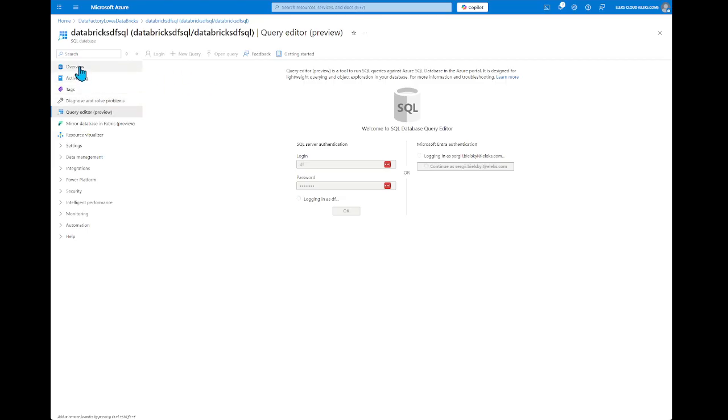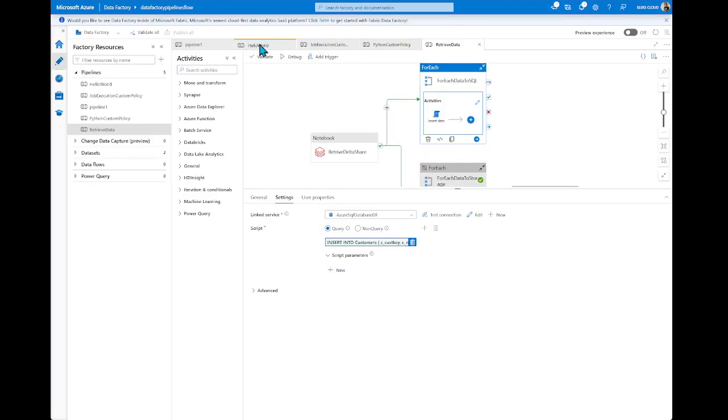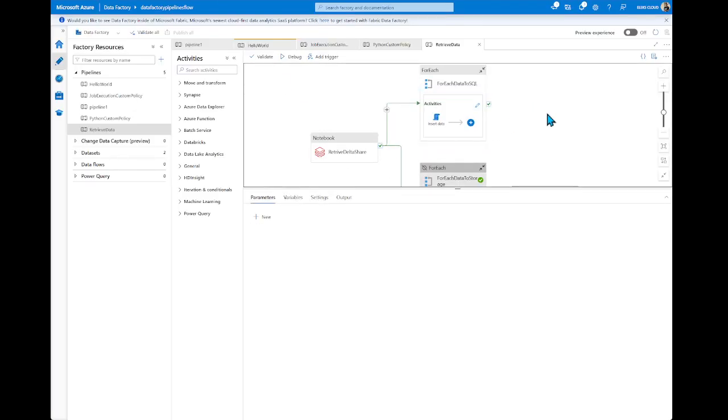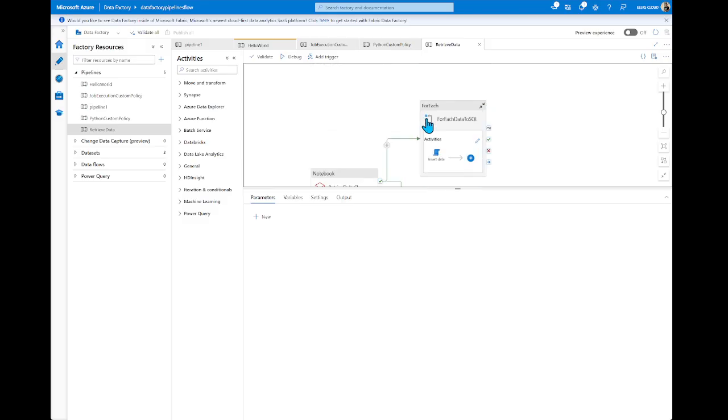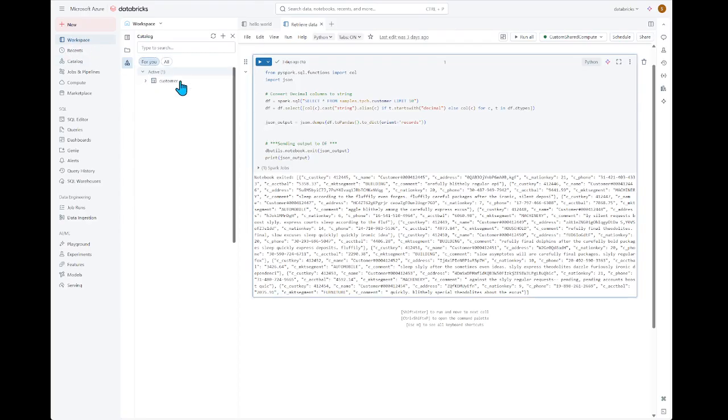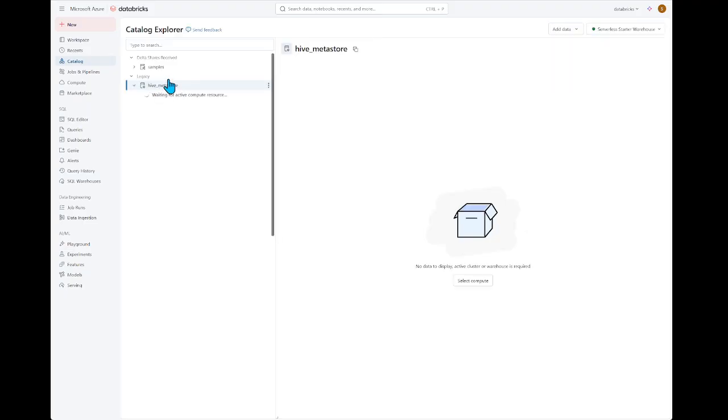Come on. And what else do I need to show you? Yes, these are additional activities I just disabled, just to show how we copied this data from this particular Delta share catalog.